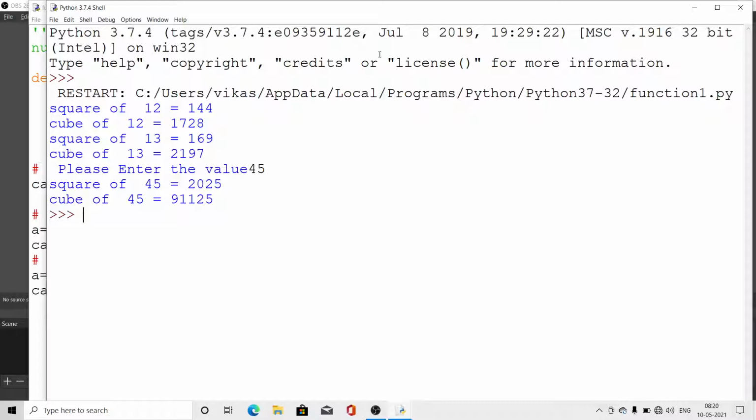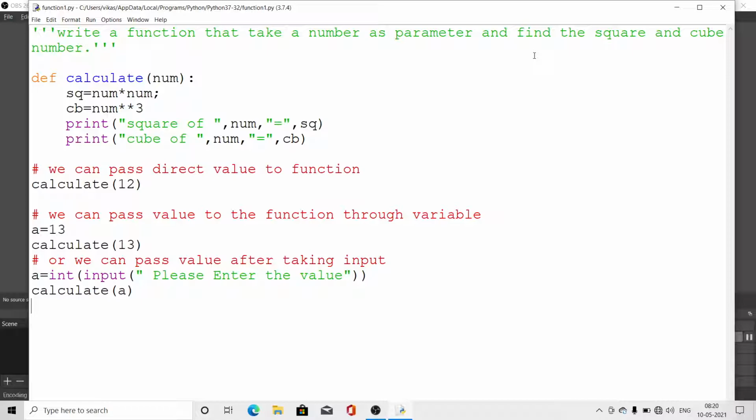So my dear students, look here, what is the use of the function? I have written the definition one time and I am calling it in different ways from different positions, and all of that executes, that is the function. When we need some lines of code in our programs to execute again and again, instead of writing that many lines of code again and again, we have to define them in the form of a function.